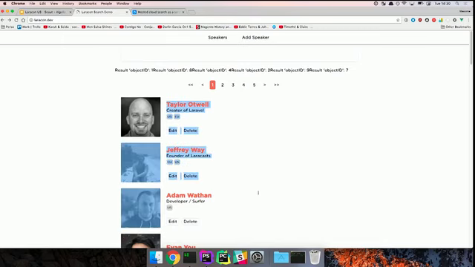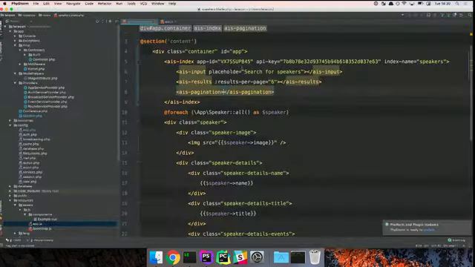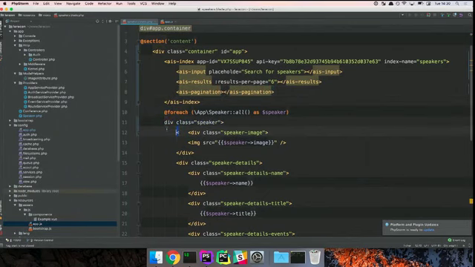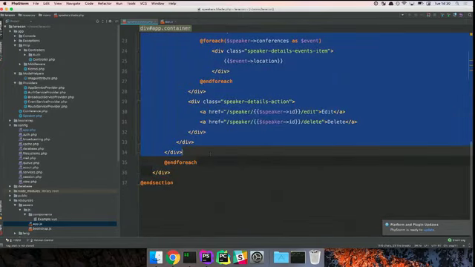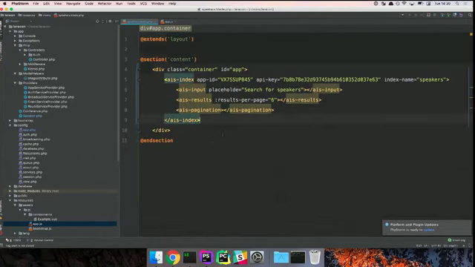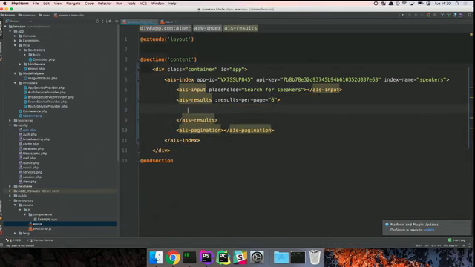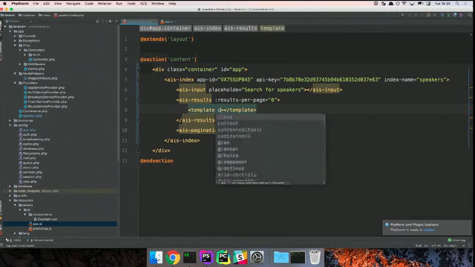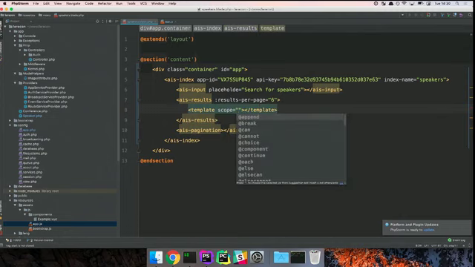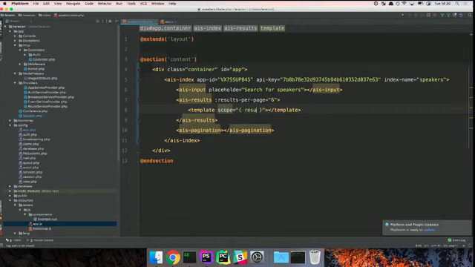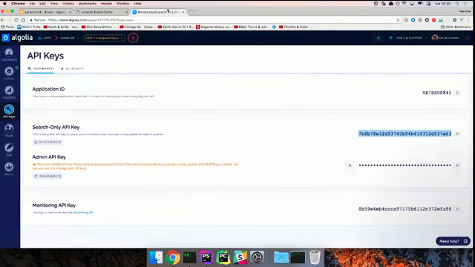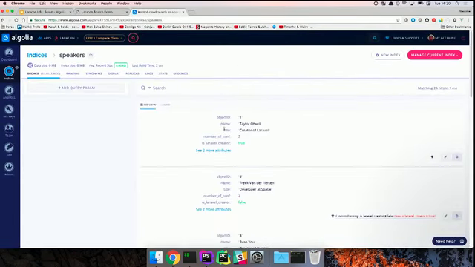What we want now is to take this display and put it in here. So I'm just going to copy paste, not like this. This. I'm removing the loop. And inside the result, I can configure the template of one hit. So template. Inside this template, we have access to one variable, which is result. And this result is one hit coming from Algolia. So it's going to have the format that is on our index. So we'll be able to call result.name, result.title, and so on.